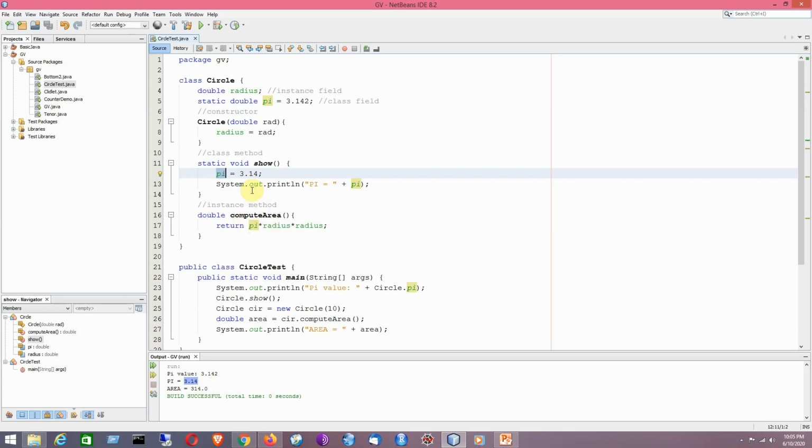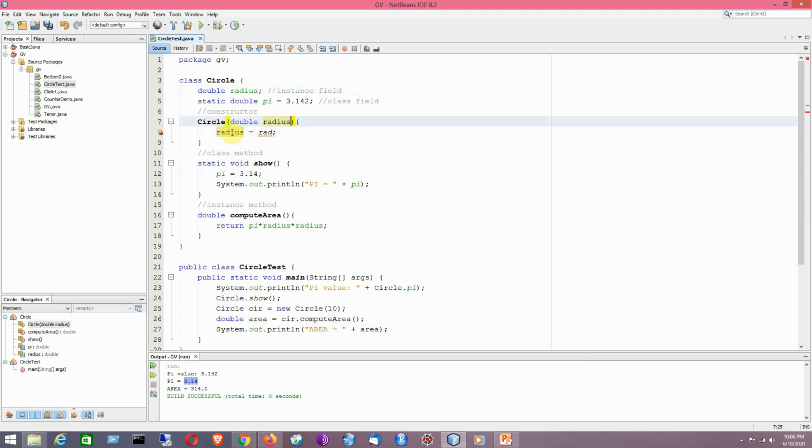That means I will be using the updated value of pi to calculate the area of this circle. So in that way the program will work. Now I will be making a small change, like instead of using a different field name, that is basically a local field, I can use the same name as that of the instance field.